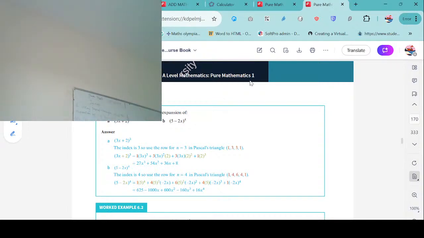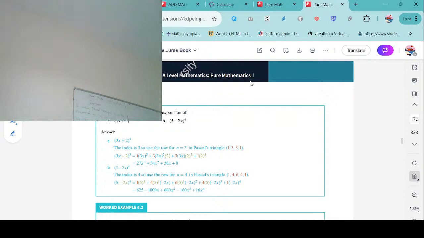So for the second one, we have 5 minus 2x raised to the power of 4. So using our binomial expansion, let's name a to be 5 and b to be negative 2x. So (a plus b) raised to the power of 4, using our Pascal triangle, will be